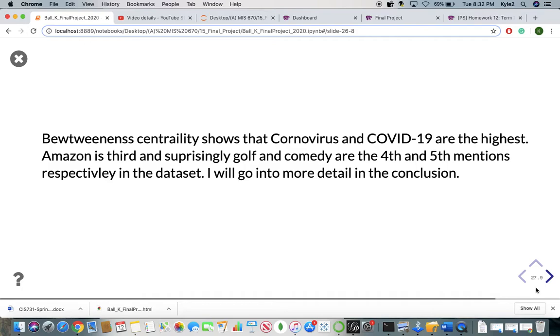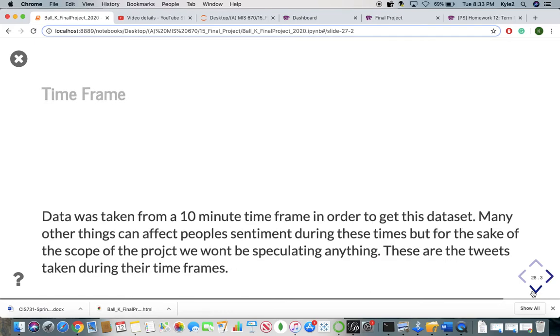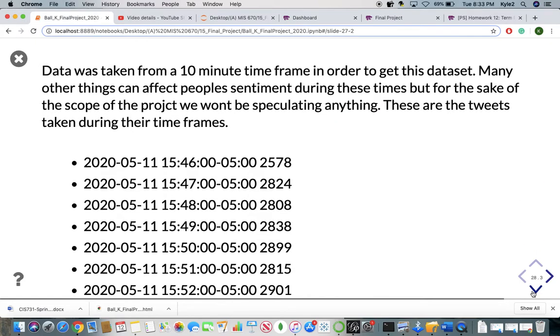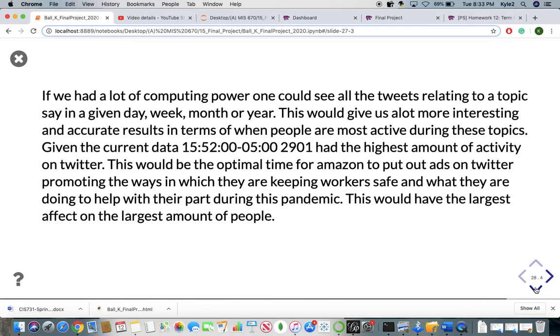I thought it was kind of funny. COVID and coronavirus and Amazon were really high, but golf and comedy, the fourth and fifth most mentions respectively in the data set, showed up when it came to betweenness centrality. I thought that was just kind of strange. So the time frame, just to go over stuff again, this was taken within a 10-minute time frame. If you're able to do this on a larger scale, this could become a lot more useful. You could do it days, weeks, a year,